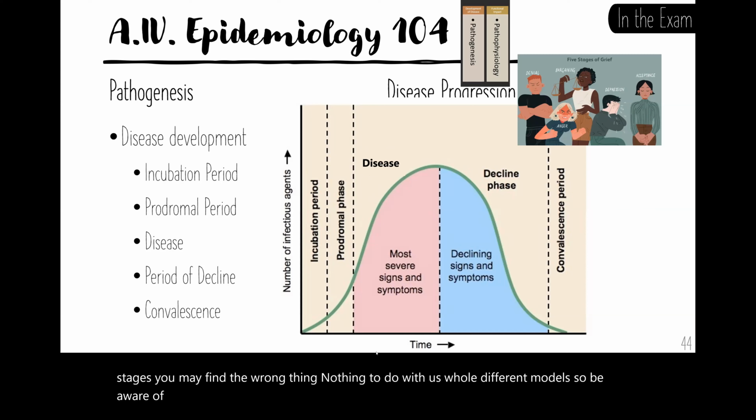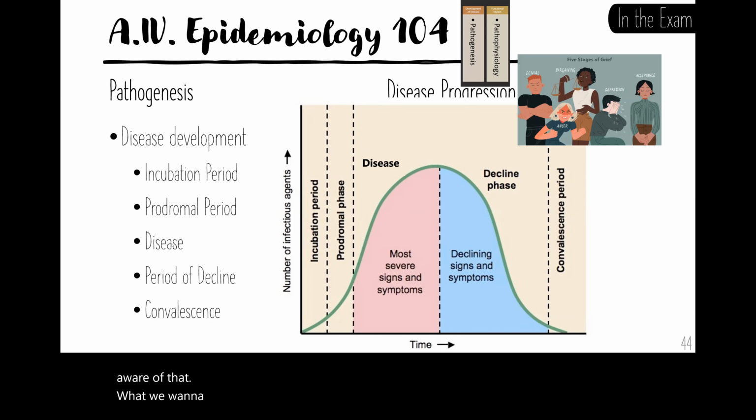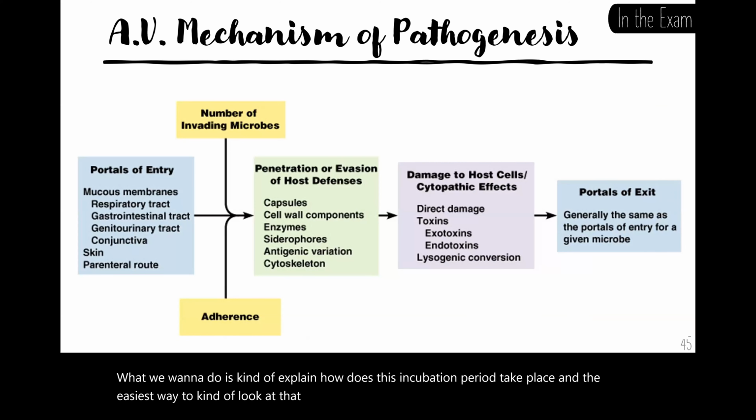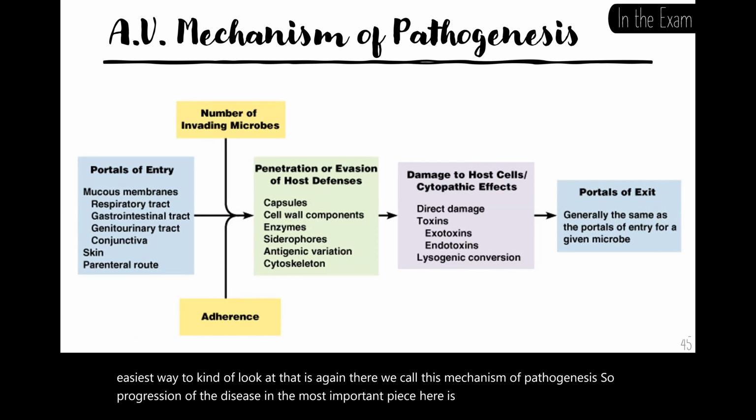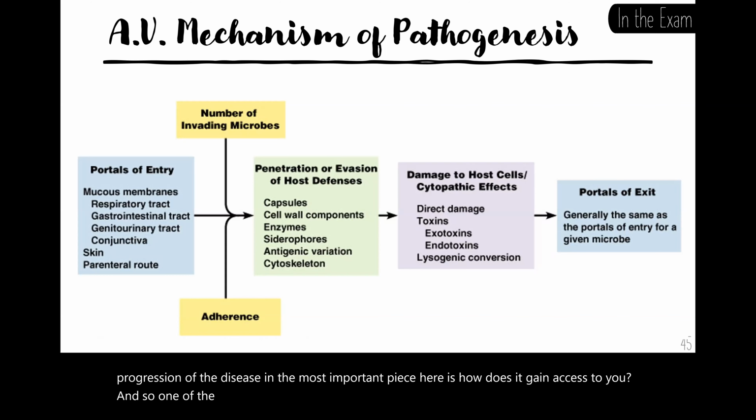Now, what we want to do is kind of explain how does this incubation period take place. And the easiest way to look at that is, again, through what we call this mechanism of pathogenesis, so the progression of the disease. And the most important piece here is how does it gain access to you? And so one of the key factors that we take a look at here is what we call exposure. In other words,